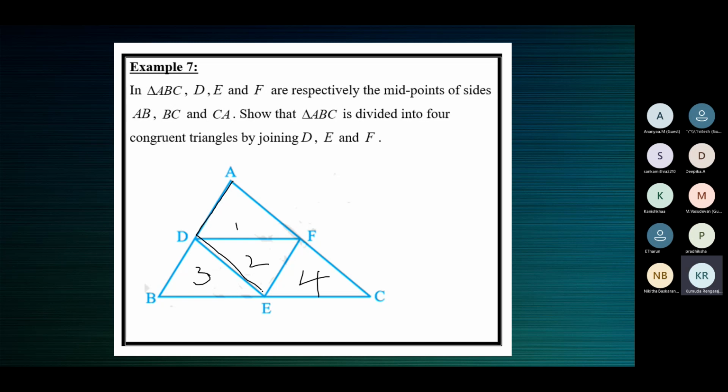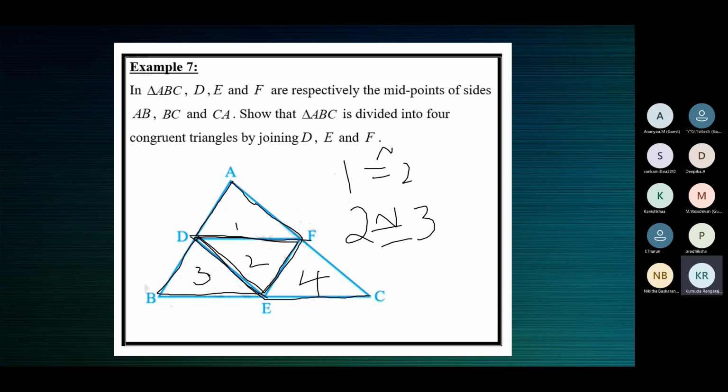When you prove that this quadrilateral is a parallelogram, diagonal DF divides it into 2 congruent triangles. So 1 is congruent to 2. When you prove that this one is a parallelogram, diagonal DE divides it into 2 congruent triangles. So 2 is congruent to 3. We'll have to prove that all the 3 are parallelograms. So all 3 are parallelograms. When you prove that this one is a parallelogram, diagonal